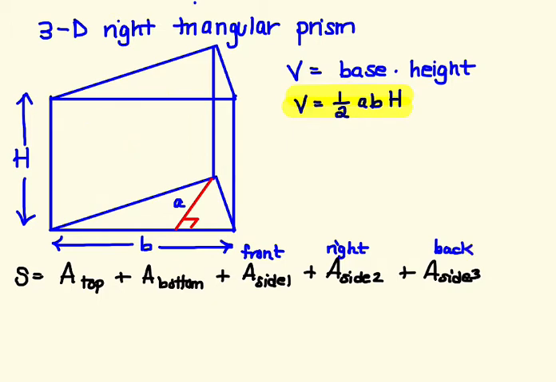Okay, so I'm going to go back to black. So we know that the top and the bottom are the same. So it'll be 2 times the surface area of that triangle. That gets the top and the bottom. So 2 times, and you know those 2's are going to cancel out, 1/2 ABH plus, well, the front of the box is height times B, right? The right side is the height times,